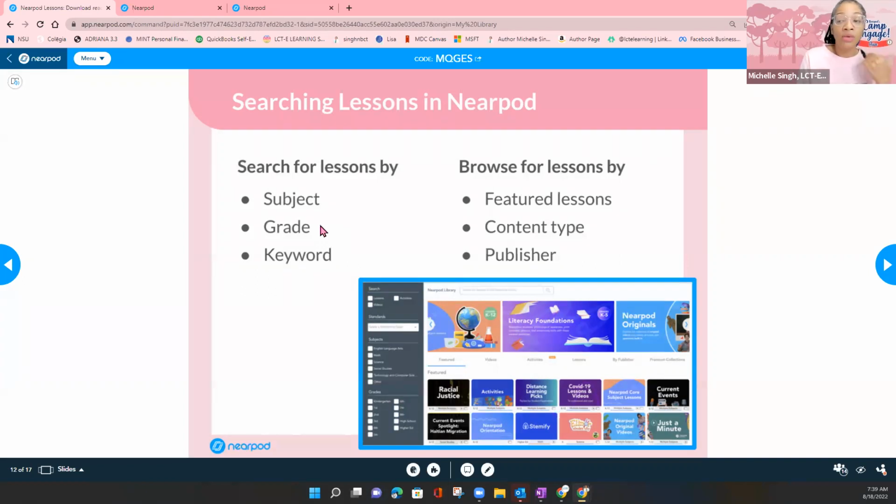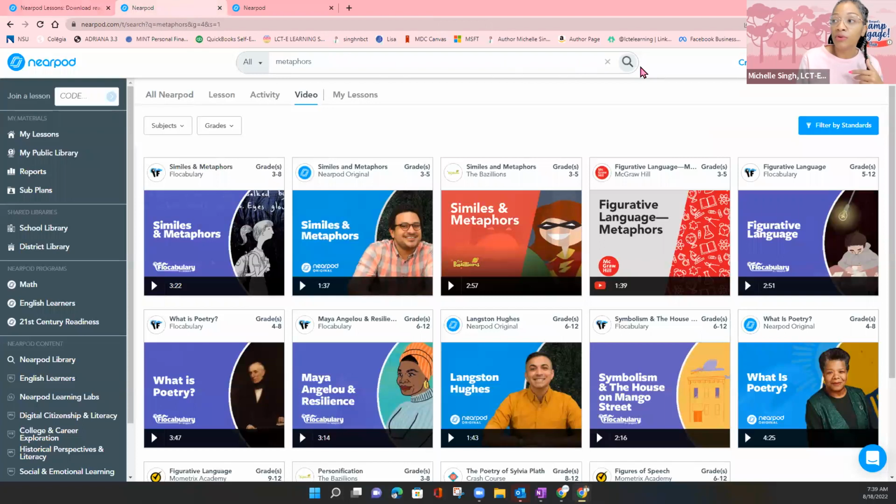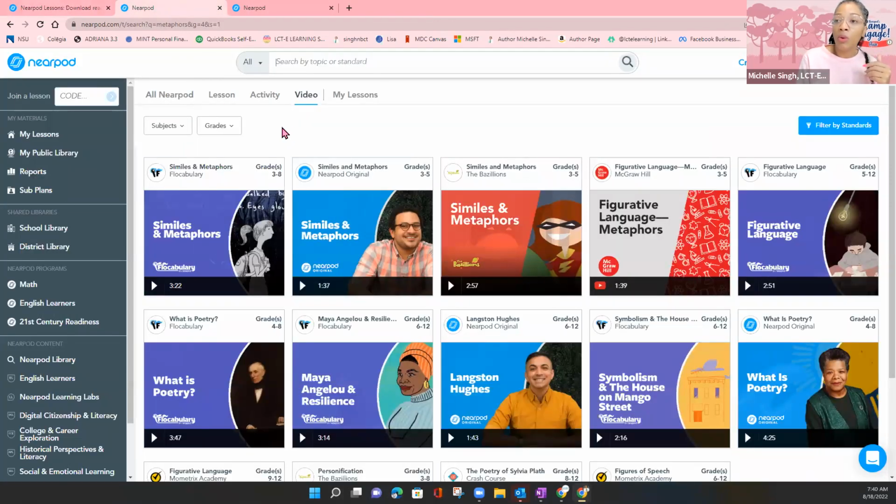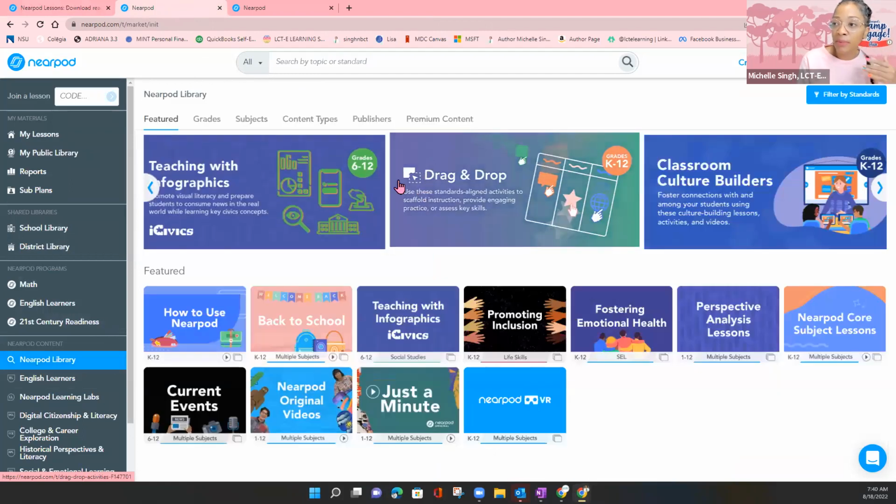We've looked at how you can search by grade and still filter, and how you can search by keyword and still filter. So remember that you can continue to browse for your lessons by looking at the featured lessons, the content type, and the publisher. So what we're going to do right now is go back to my library,